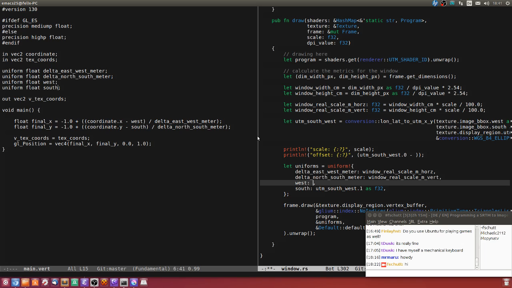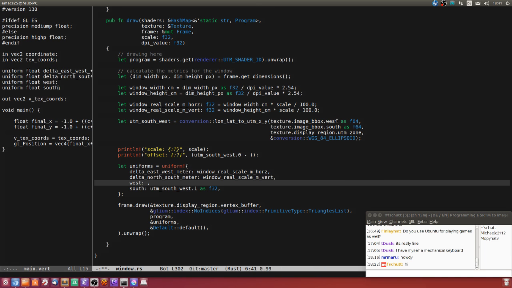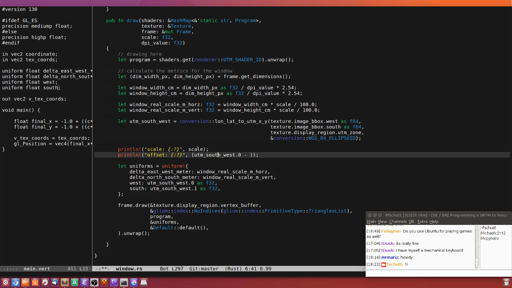Texture image bbox dot west south and the UTM zone. Yes, but this is using UTM, so no, this was actually correct. UTM west zone dot 0 minus the